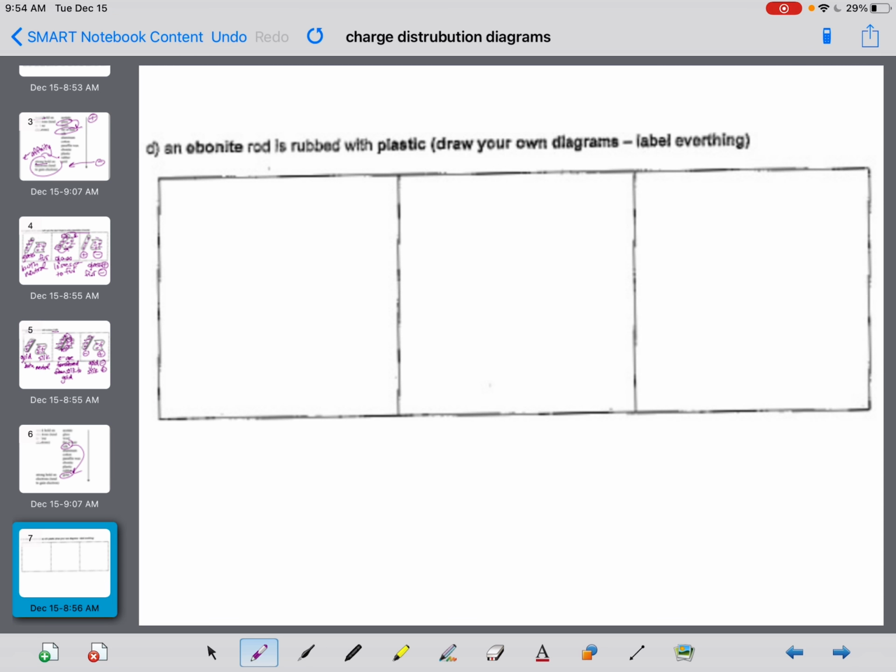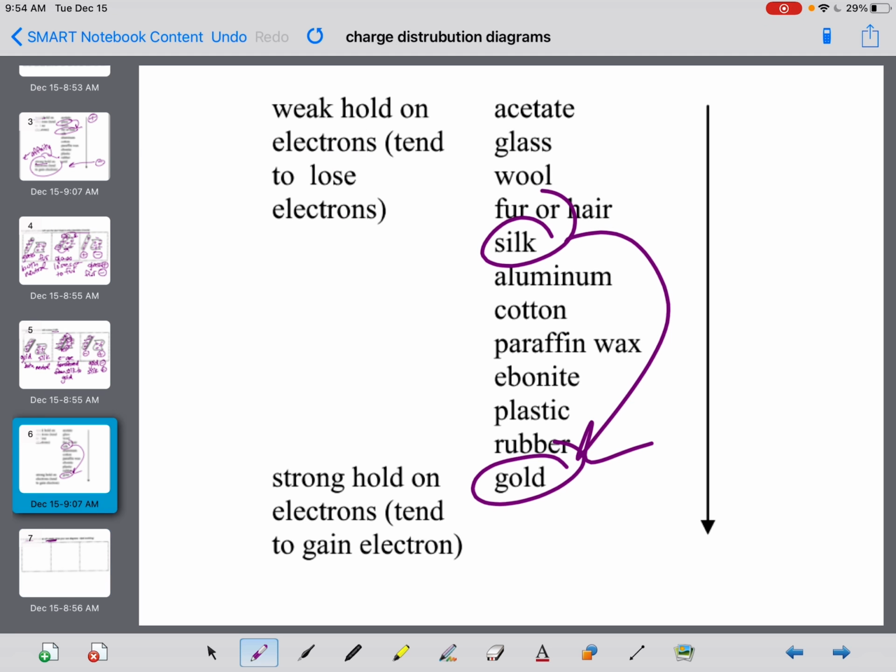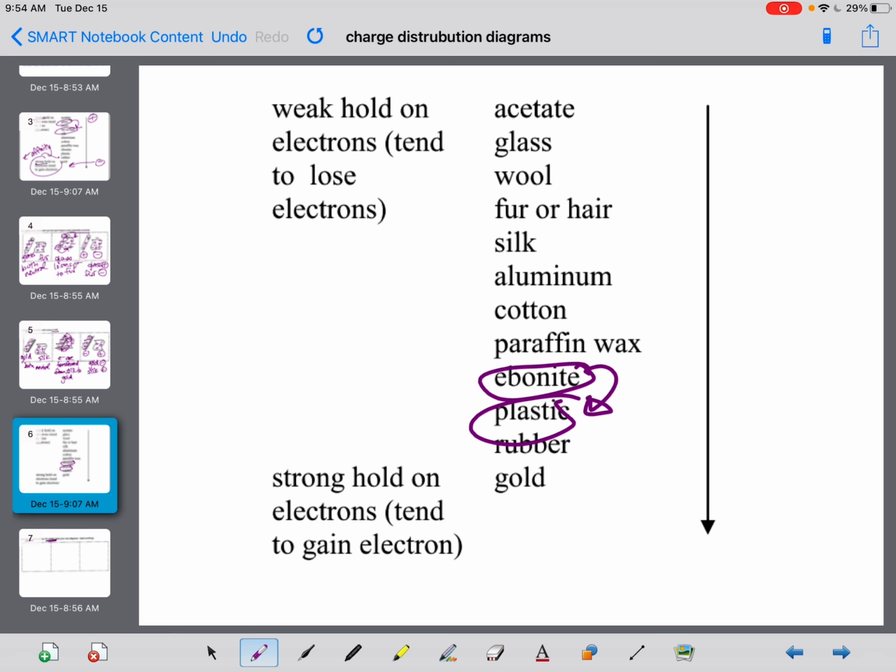So we're going to draw this on its own. So ebonite rod with plastic. Here, ebonite is actually showing as being above plastic. So just be mindful because there are a lot of these charts that have ebonite being lower than plastic. Okay, but we're going to go with the one that we're using here, because remember there's a whole bunch of